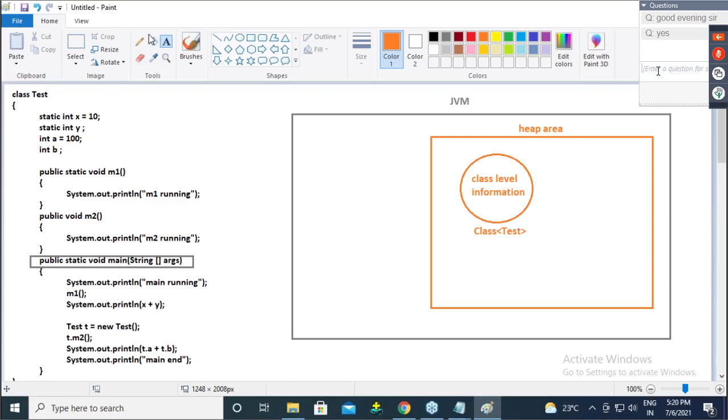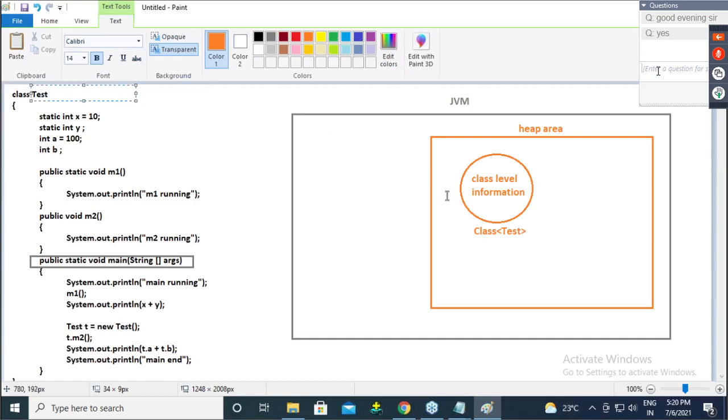Boss, tell me what is the fully qualified name of this class? Boss, can you tell me how many methods are available in the class? Can you tell me how many constructors are available in a class? How many variables are available in a class? Is everyone clear?